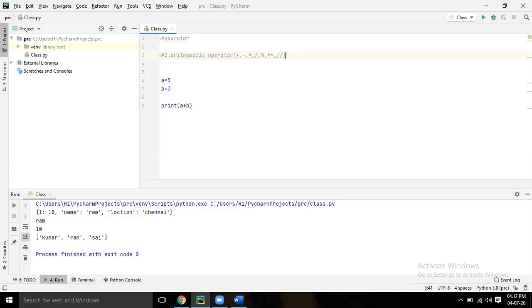Now print all these things. Print a plus b, print a minus b, print a star b, like that. Do all.